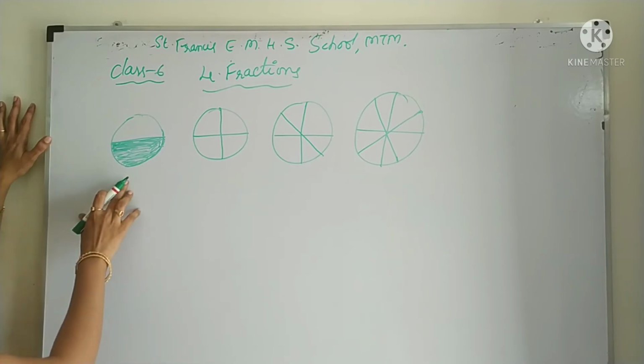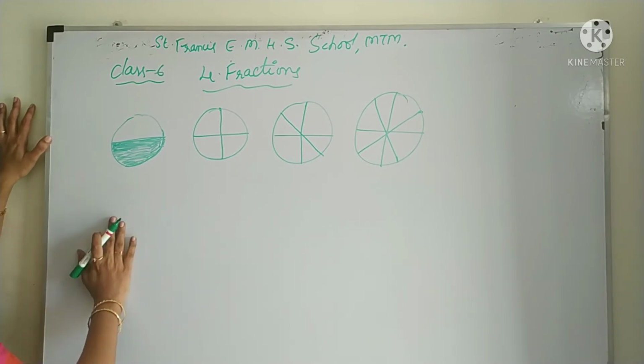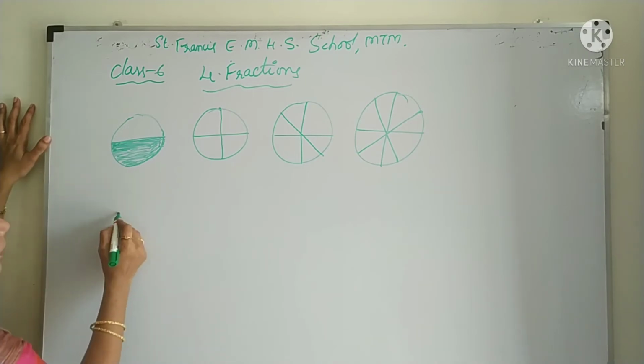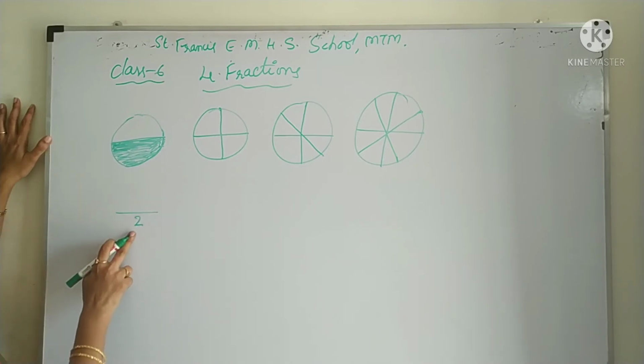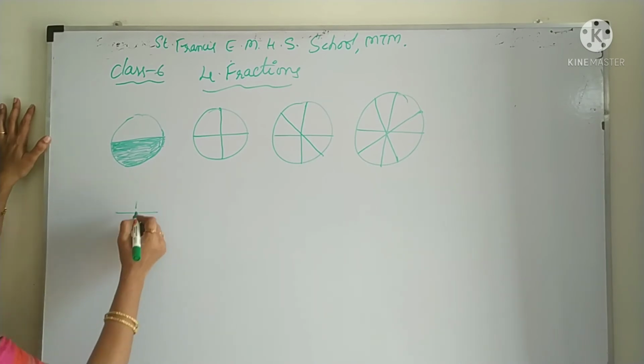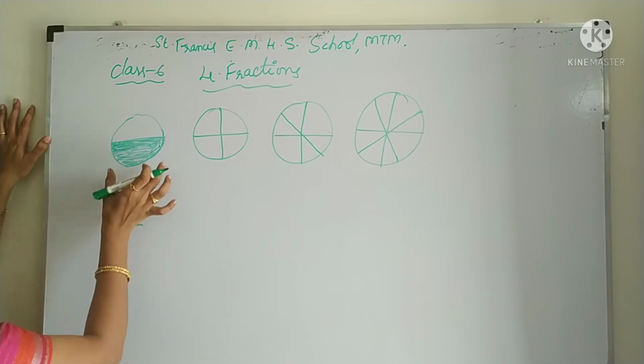So now how many parts are shaded here? Already I have divided this circle into two parts, and only one part I have shaded here. So how to represent this in terms of fractions? How many parts have I taken here? 2. So that you have to write like this. One line you have to draw. Under this you have to mention the total number of parts. And how many parts are shaded here? One part. So on the top you have to mention 1. Okay. Among the two parts, only one part I have shaded. This is the representation of this figure. 1 by 2 means this one.